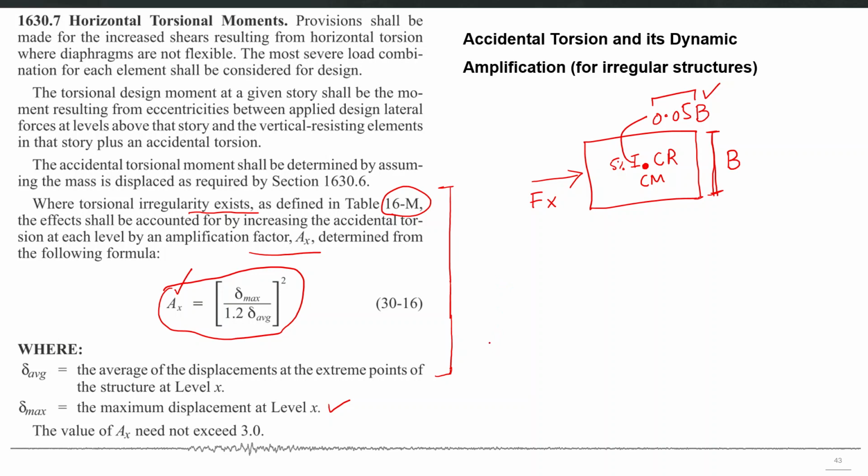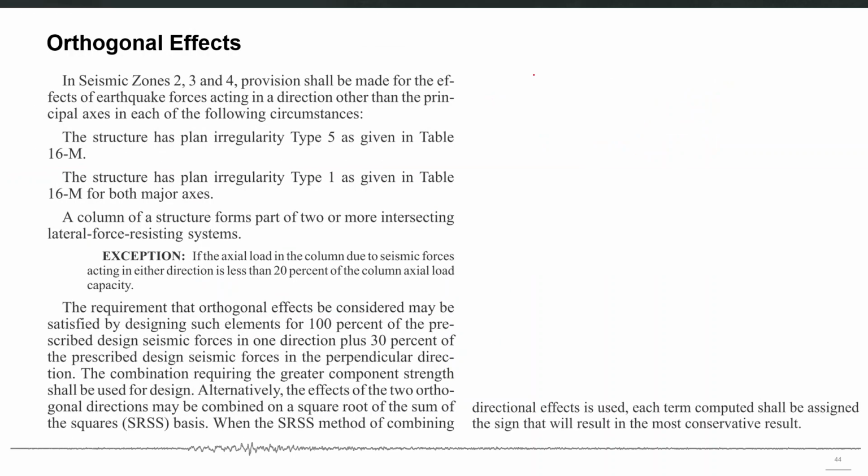stability of the structure. One last thing in this discussion about the ELF procedure in UBC 97 is the orthogonal effects. For regular and symmetric kinds of structures, for example this one, the code prescribes that you apply the lateral effective forces in x direction and in y direction, and then using those forces you calculate the seismic effects by combining the lateral and vertical components of the ground motion, and those lateral seismic effects are included in the load combinations, and the governing load combination should be used for the design of elements.